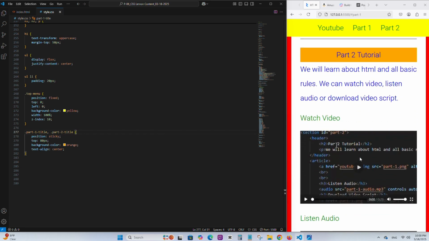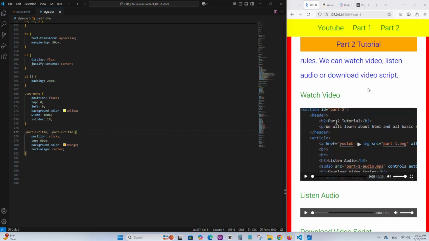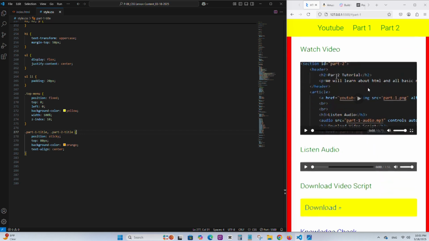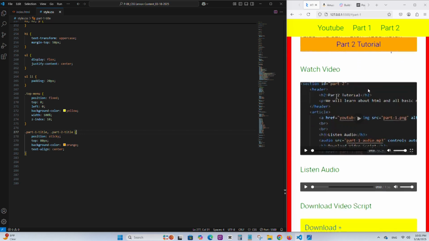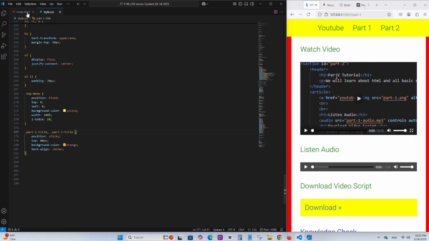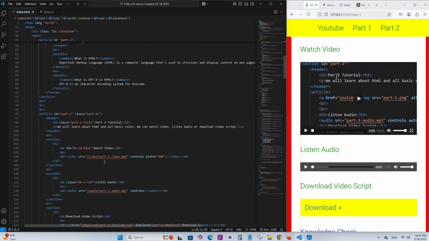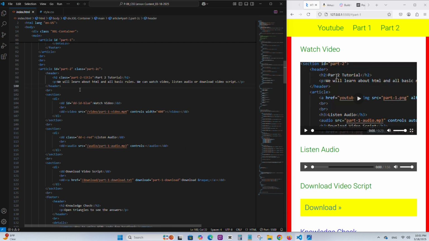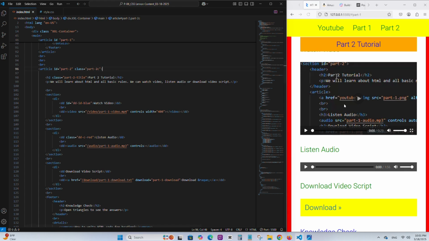So it will push it up and touch the top, and when I push it up at the bottom, you can see that part 2 has the same effects. We need to do the same structure for part 2 as well. Go to your second article, remove the header from here and just restructure it. We're learning the basic thing, but when we have a real thing to structure, we need to think about everything first. When I save it, part 2 becomes the whole article,